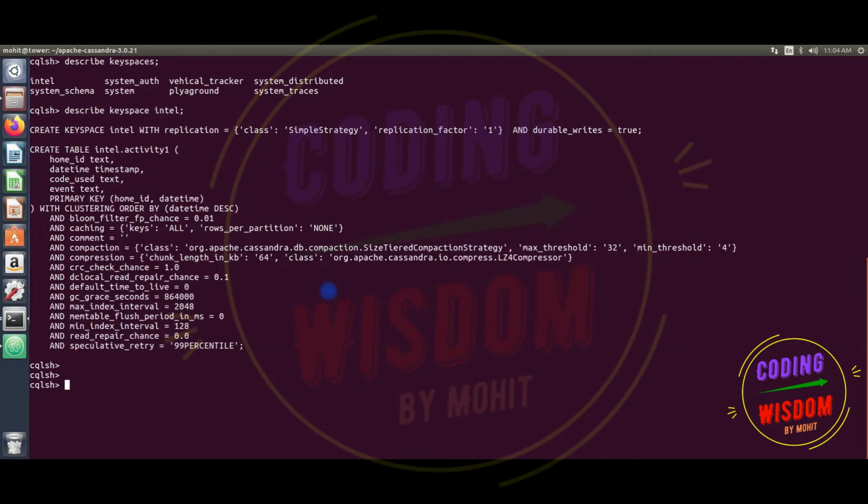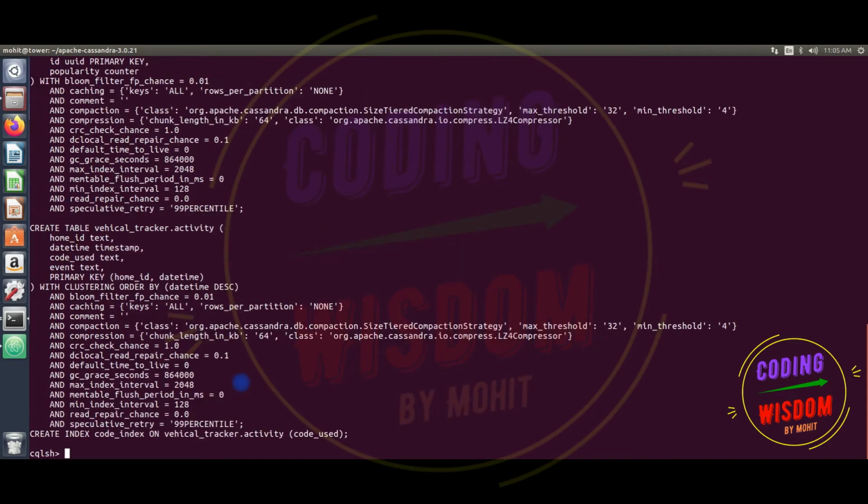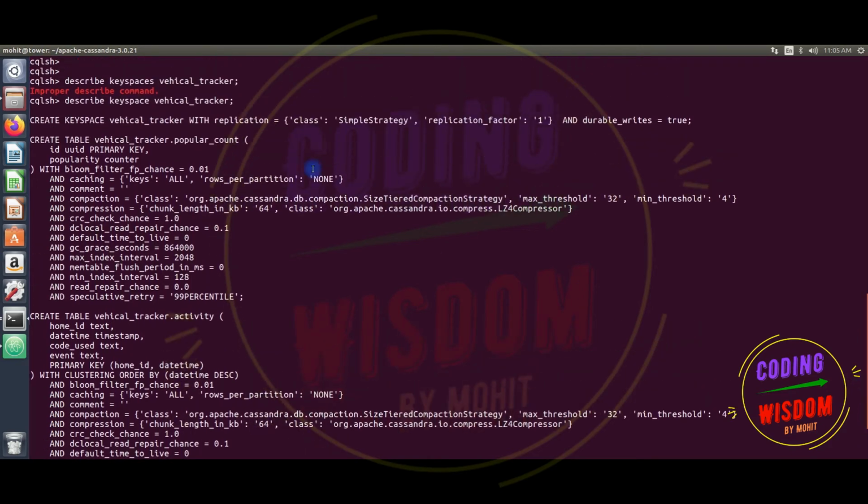So consider one more keyspace, let's see vehicle tracker. I'm copy pasting this spelling. Oh, that was an improper command; it's describe keyspace. So you can see, okay, it's very lengthy. Let's see it from the starting. So these are the strategies: class SimpleStrategy, replication factor one, durable writes true.